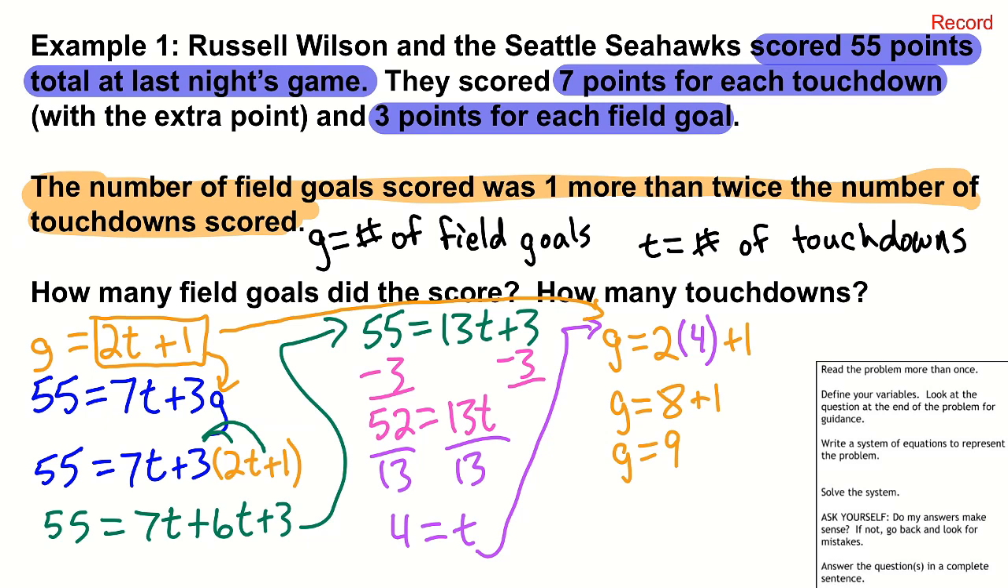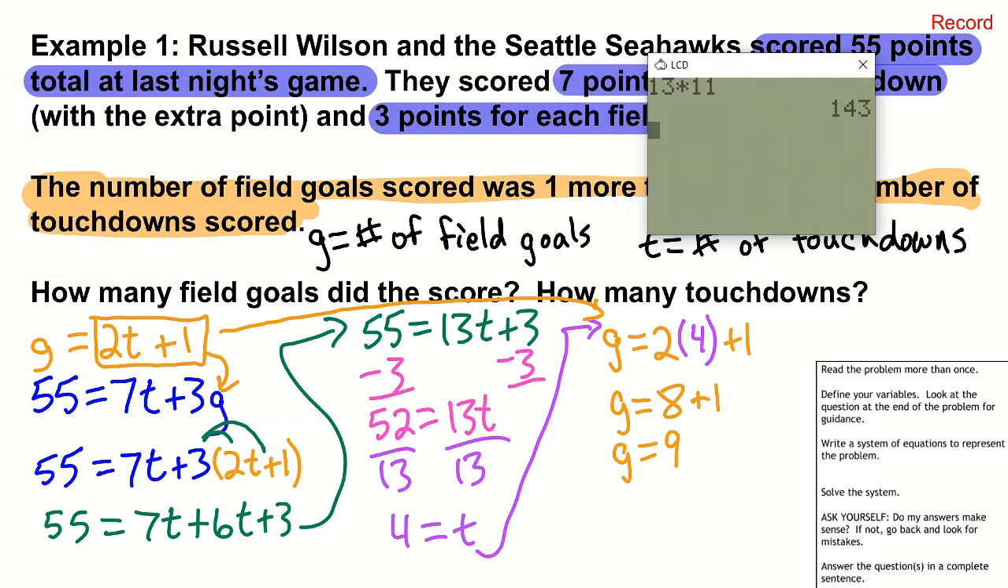next step here, do my answers make sense? If not, go back and look for mistakes. So one thing that I could do here now is to grab a calculator. So I'm going to bring in my calculator screen here. And I'm just going to verify. Is it true that if a team scored 4 touchdowns, 4 times 7, they would get 28 points on touchdowns? And if they scored 9 field goals, 9 times 3 is 27. Is 28 plus 27 55? It sure is. So it looks like we've done a pretty good job in our